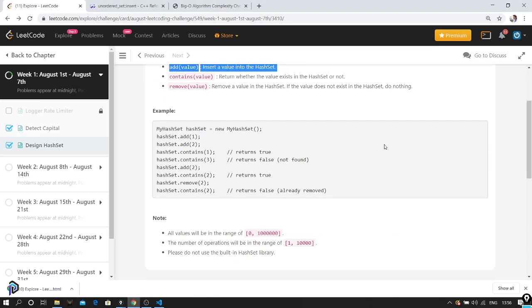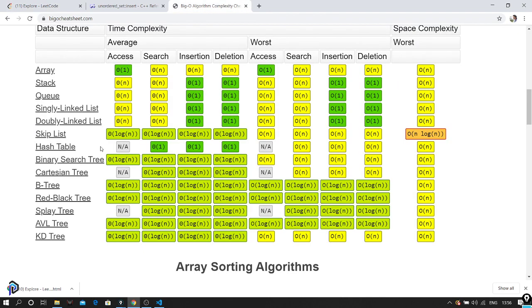Okay, so let's see things in more detail before we proceed. This is an example that we have. We are asked to insert 1, 2 and then check whether it contains or not, and then we can also remove it. One thing that I want to show here is that hash table is the only data structure which can do search, insertion and deletion, all these operations, in constant time. All the other data structures take more time to search. It is the only data structure which has an average time complexity of big O of 1. So that is the advantage of hash table. Let's look into how we are going to implement it.